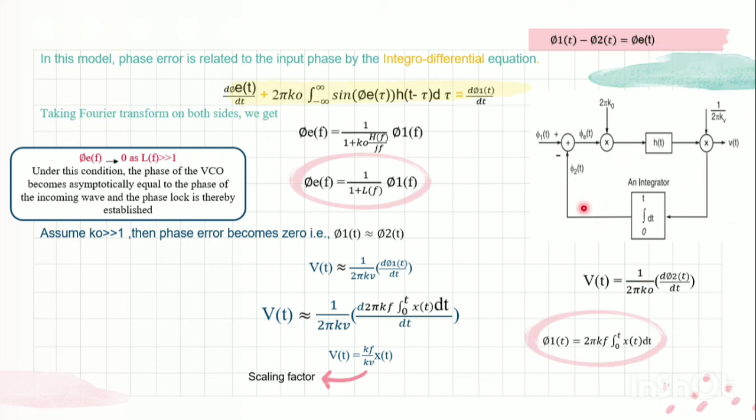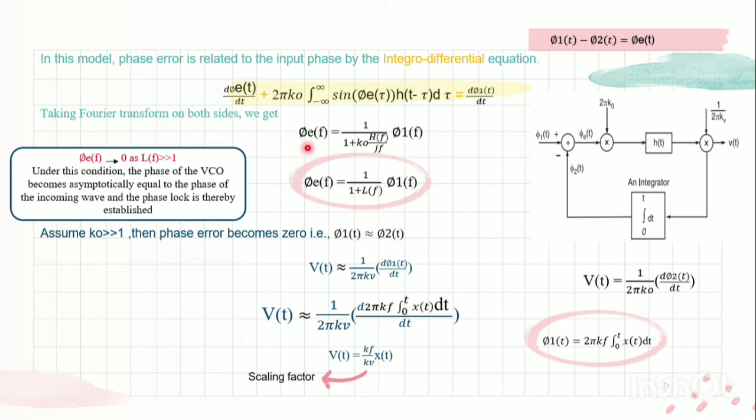Second, we can observe that the closed loop time behavior depends upon the overall voltage v(t), which is in response to φ₁(t). That is the second observation. And our third observation is that the magnitude of the open loop transfer function is controlled by our K₀, that is our loop gain parameter. These are the observations.